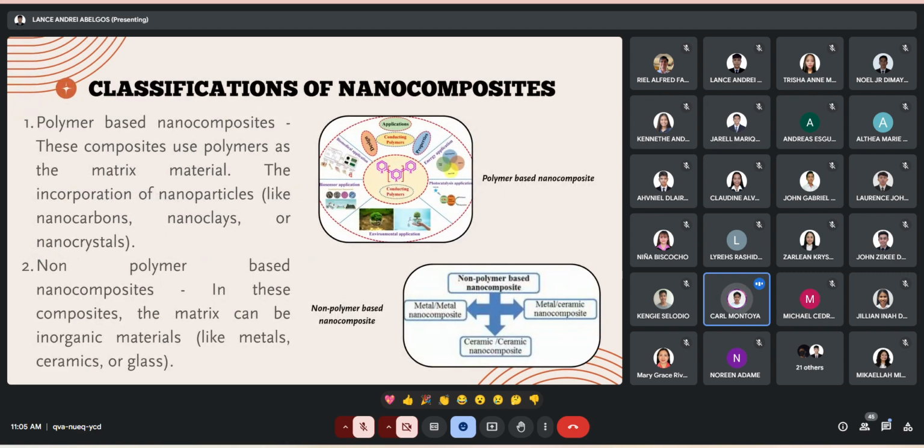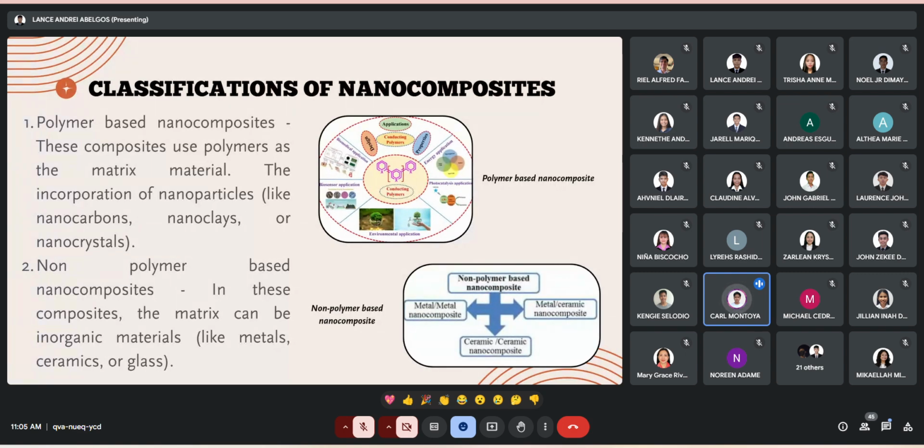Ngayon po, meron po tayong two classification of nanocomposite and nahati po siya sa dalawa, which is the polymer-based and the non-polymer-based. Si polymer-based nanocomposite po natin is composite use polymers as matrix material, the incorporation of nanoparticles like nanocarbons, nanoclays, or nanocrystals. While si non-polymer-based nanocomposite, in this composite, the matrix can be inorganic materials like metals, ceramics, or glass. So, ang pinagkaiba po ni polymer-based kay non-polymer-based, si polymer-based po, these are